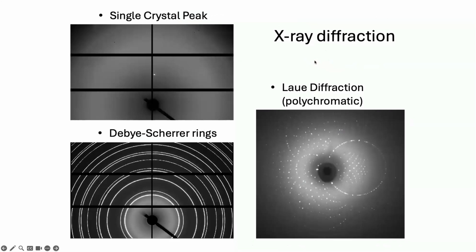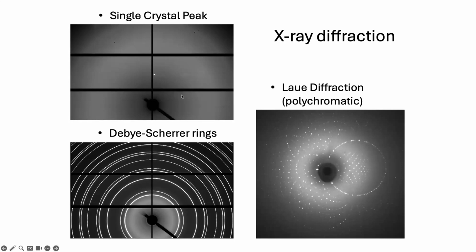So one of the challenges that you face is, how do you measure the size of the box? How do you measure the crystal lattice size? And the way that you do that is with X-ray diffraction. If you have a single crystal, then you get dots like this. But typically what happens is